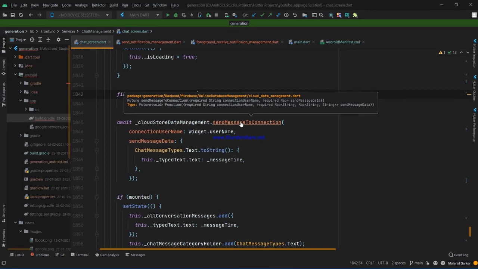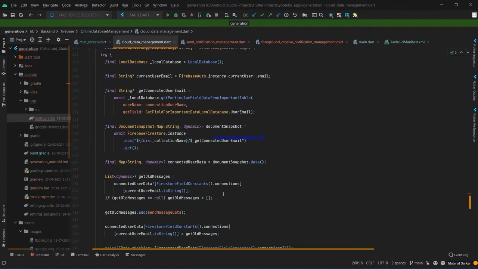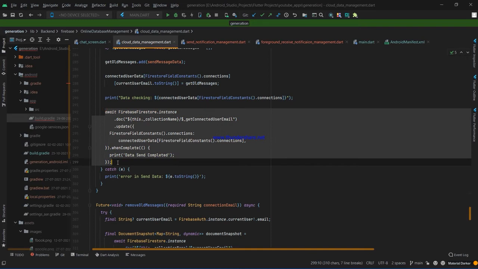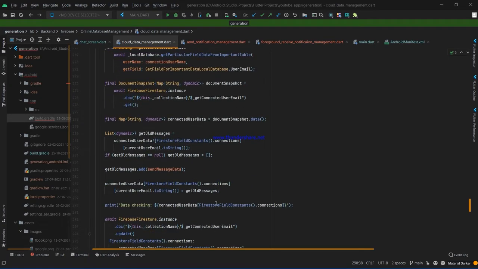So we have to click here as well. So here we have to do one more thing. When the message is sent here, then we have to send the notification as well. Okay, we have to first initialize the thing here.